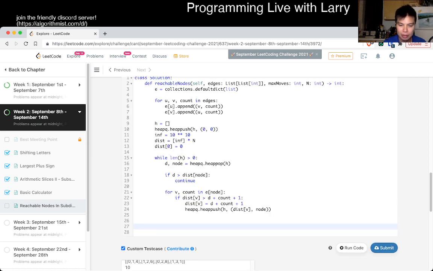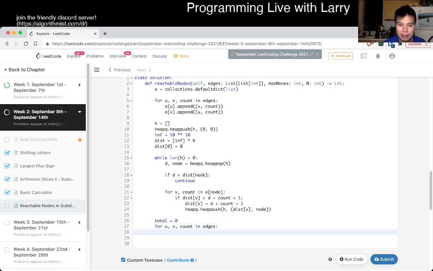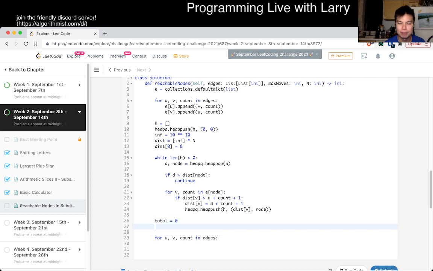So okay, so then now we go for each edge again. We count in edges. Okay, so how many gets used, right? So that's a question. So total is 0 for now. Then that means that how many nodes of this edge gets used? So that is the question. Okay, so yeah, let's first of all,